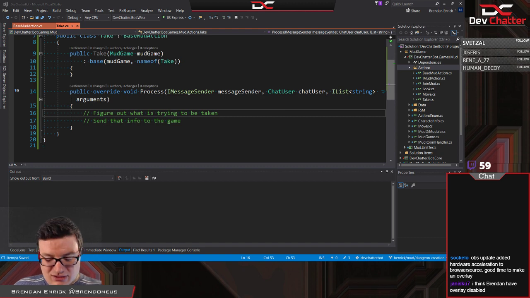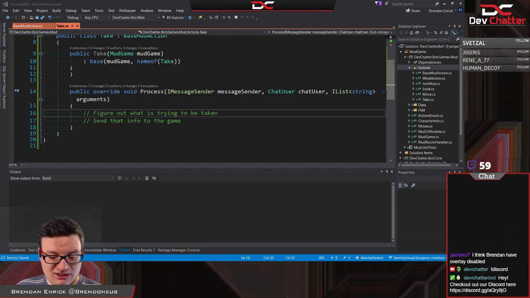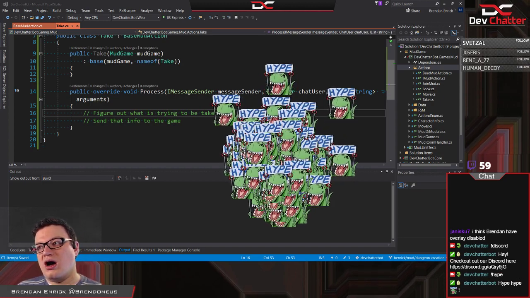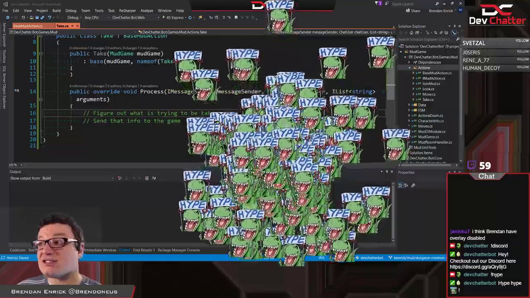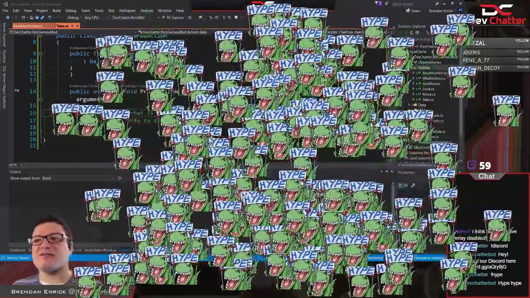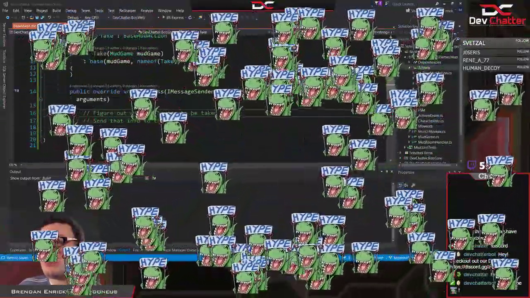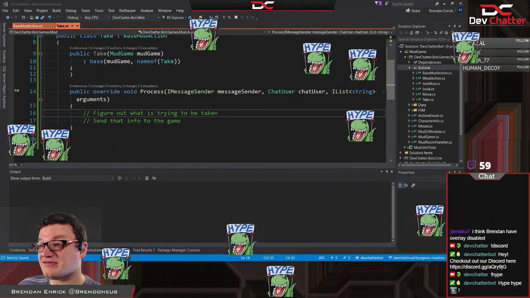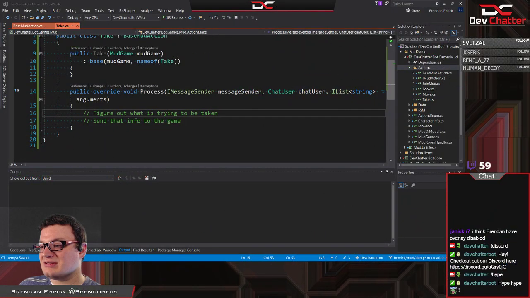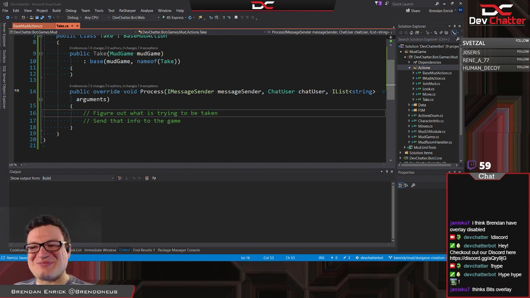The bot's running, right? Link to the Discord, there it is. But then I've got things like hype. What? And it just starts adding in hype emotes and going crazy. So that's our hype command. Most of you haven't seen that. But yes, that is run by our bot, and it sends in some stuff. I'm going to go ahead and turn that off, though. Sorry, everybody. You get one hype. One hype.